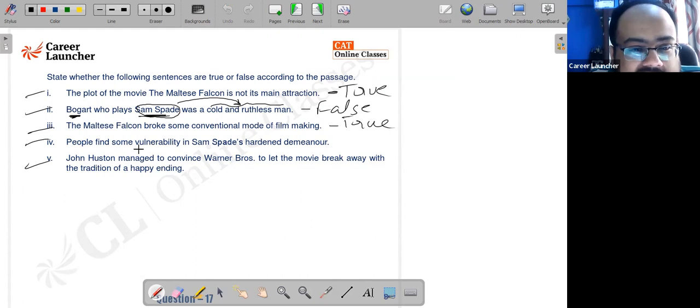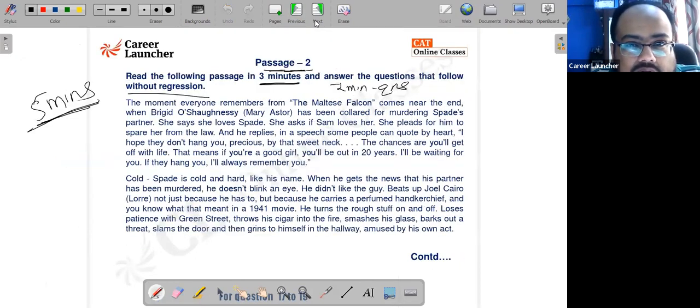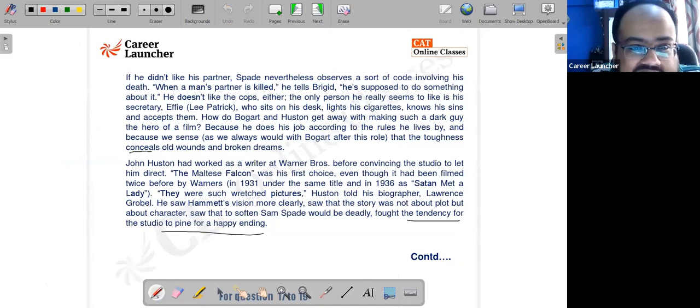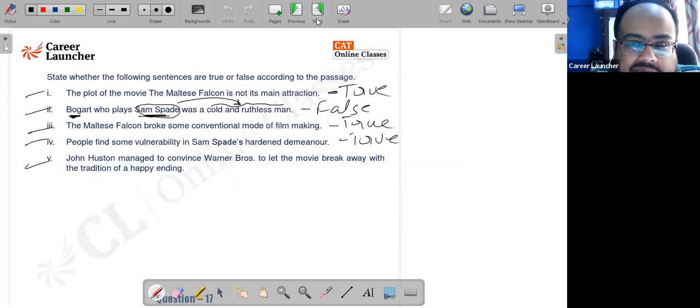The fourth one, people find some vulnerability in Sam Spade's hardened demeanor. This is also true. Where do I know that they find some vulnerability? I think it's there in the third paragraph. No, yeah, this paragraph, where it says it conceals old wounds and broken dreams, etc. So it conceals old wounds, there are broken dreams, so maybe that person is not as insensitive as he has been shown. So there is some vulnerability. He is not completely hardened. Fifth one says John Huston managed to convince Warner Brothers to let the movie break away